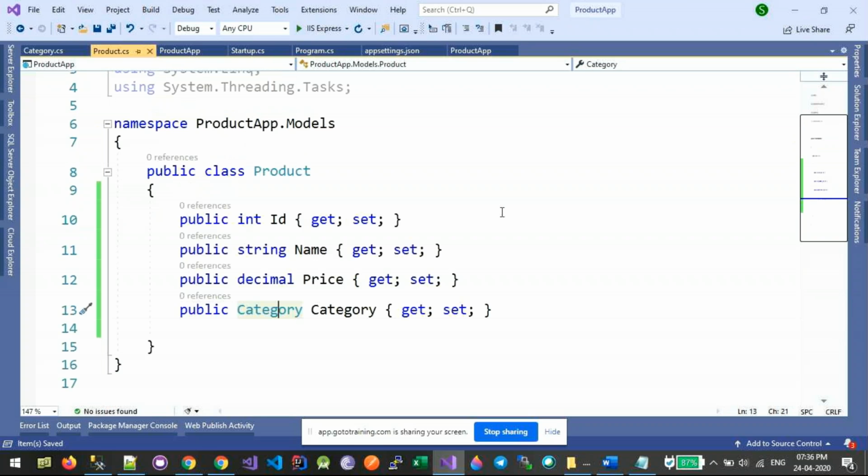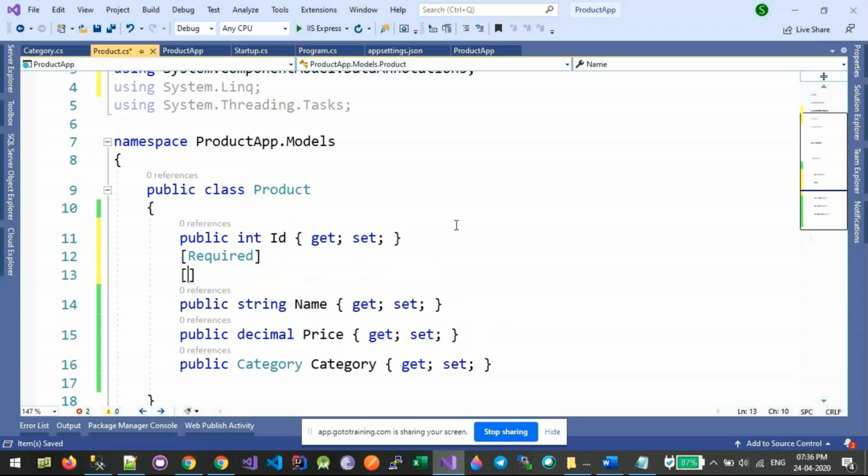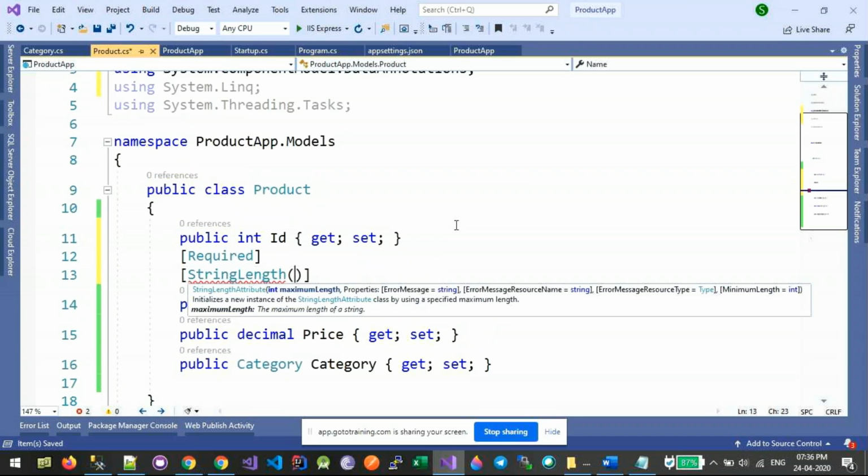My model class is ready. I'll also add some data annotations. My schema is generated with all constraints.